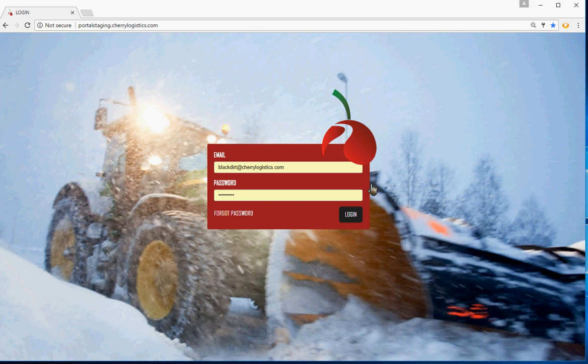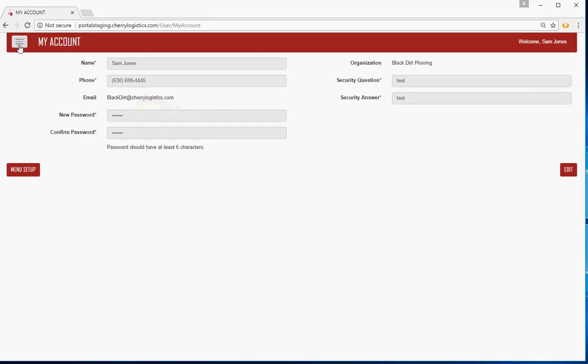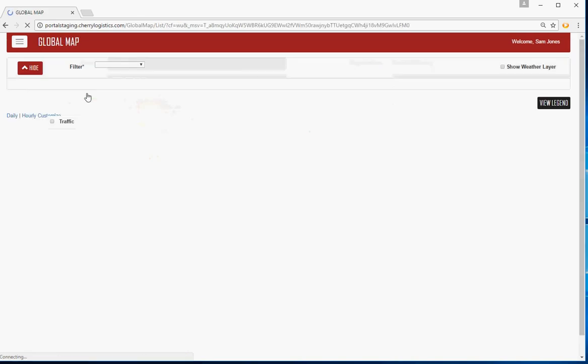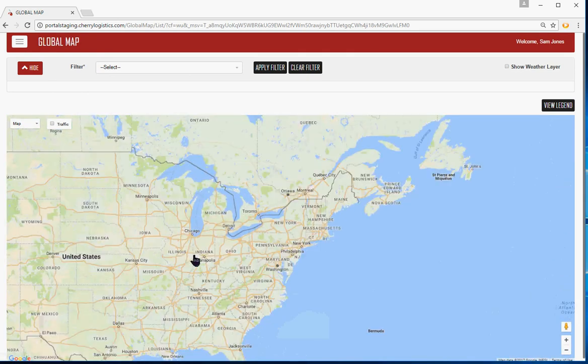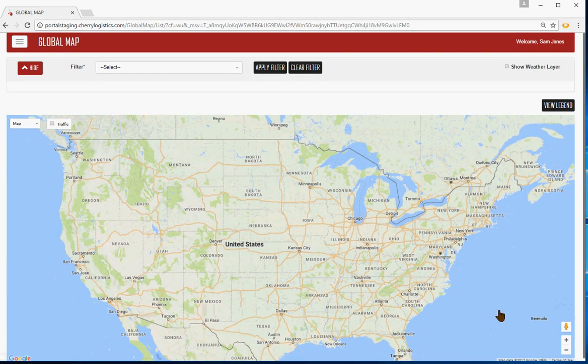We're going to log in as Black Dirt Plowing Company, and I'm going to navigate from the main menu drop down to Operations and our global map. So the global map view is a Google Map image. It has a lot of the interaction function as a normal Google Map. You can zoom in and zoom out and move it around. It has the feature to put you on the ground for street view, and it also has a number of